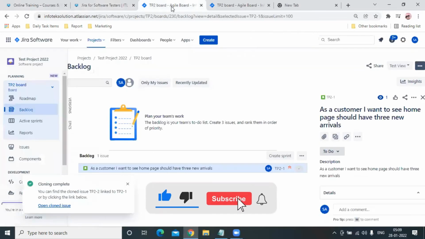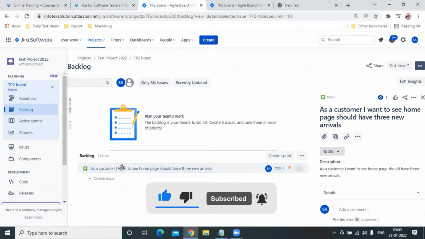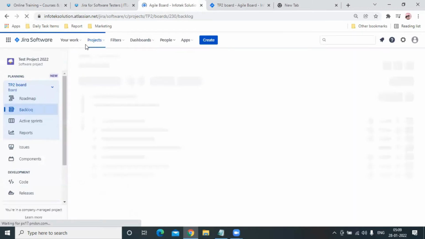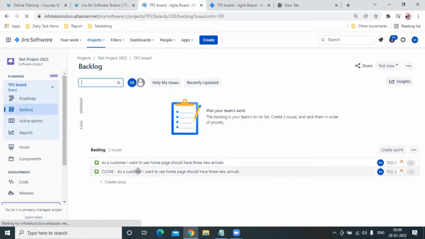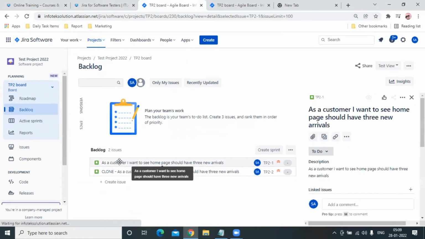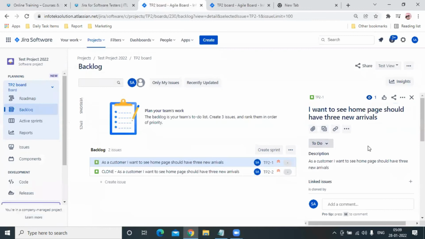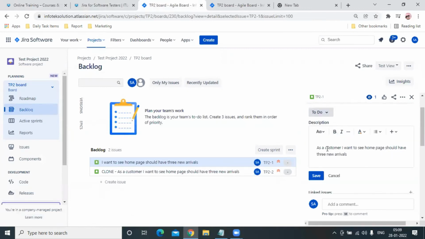So without wasting any time, let us come to our Jira project, and from here let me just refresh it. If I refresh it, you will see that our clone one is also appearing, and let me click on this one. So I want to edit this issue. Editing is very simple. I can just click here and change the text. If I want to remove this and edit, I can just do that. And if I want, I can change here as well. I just have to do a single click on each section and I can make the changes in place,